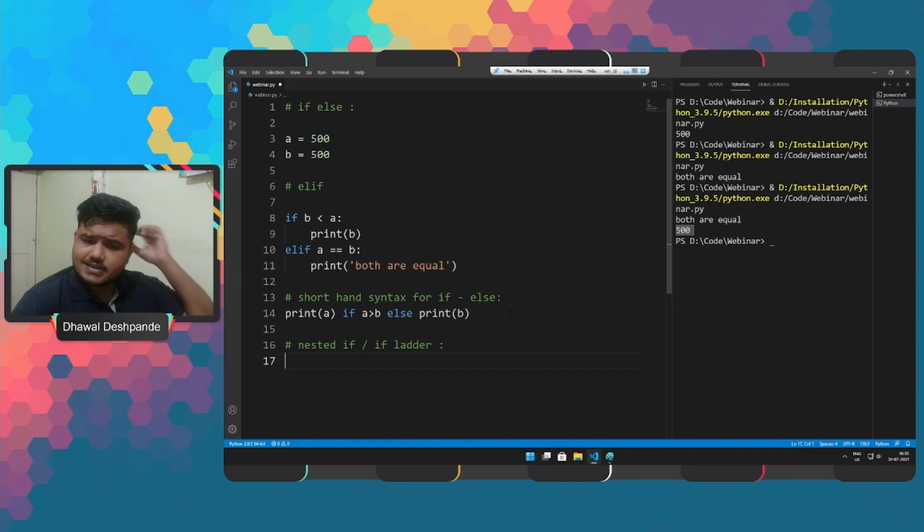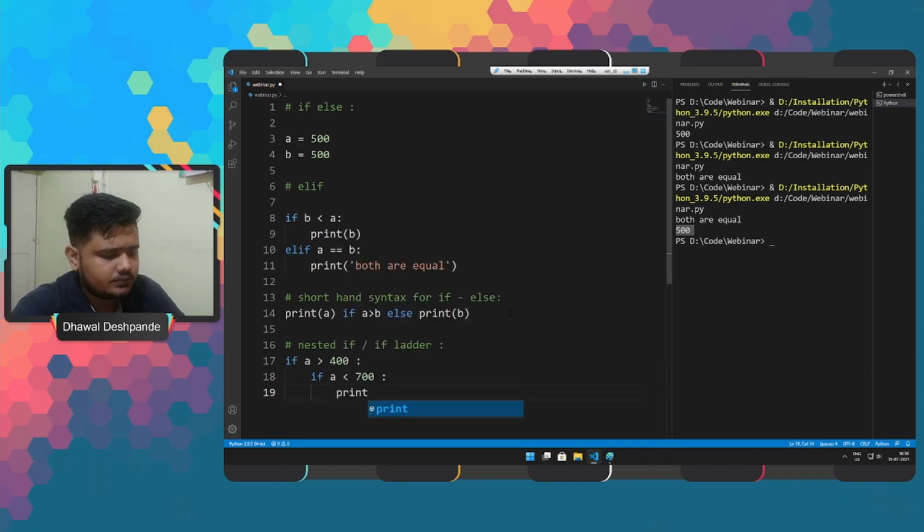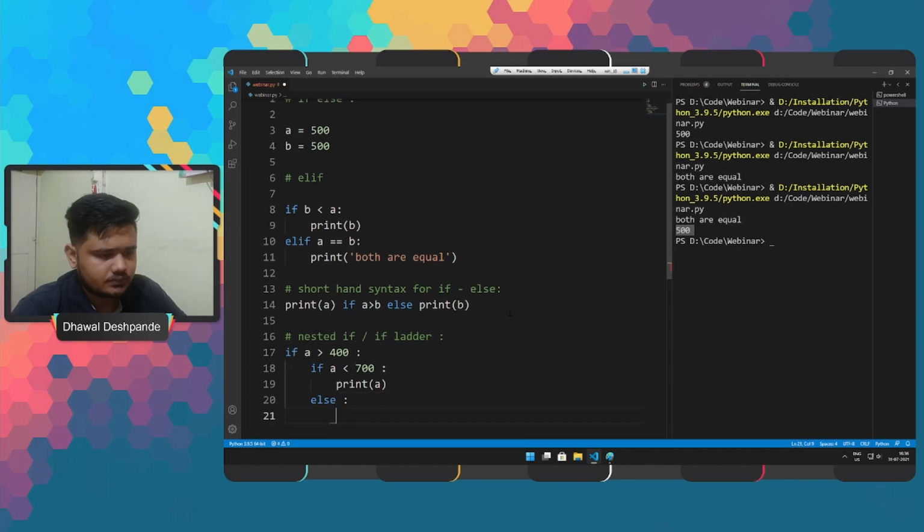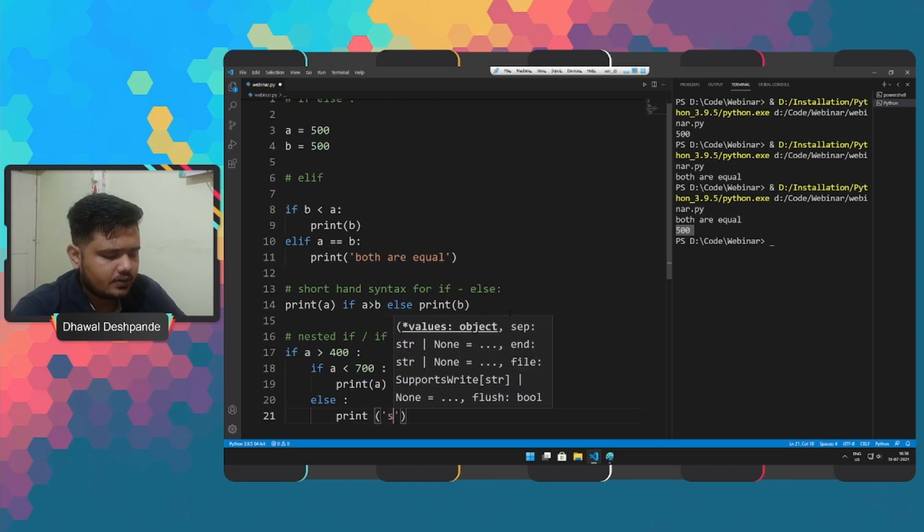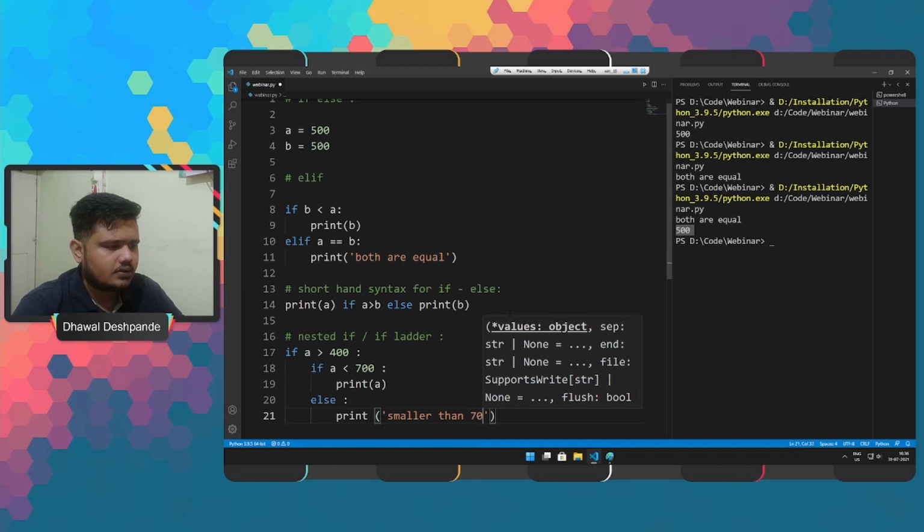To discuss this, what we can do here is, if a is greater than say 400, then if a is less than 700, it will print a, else it will print smaller than 700.